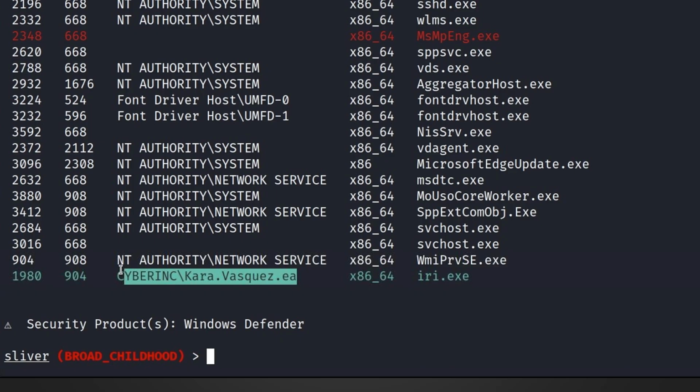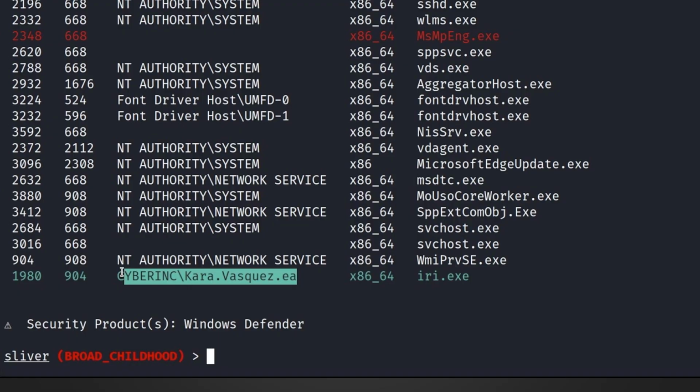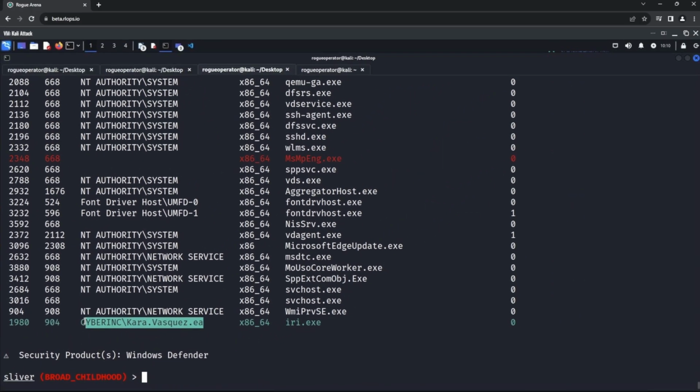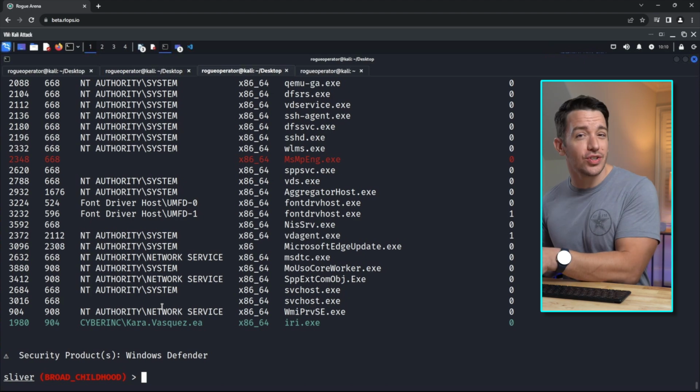She's not actually logged in. So if it were me, I would go ahead and migrate over to some system process. That way I would better blend in, but we're gonna keep running with Kara so we can compromise the next domain controller. So typically when you gain access to a system, you're gonna flip over to the situational awareness section